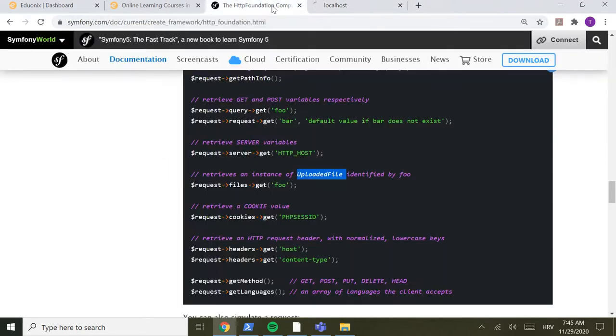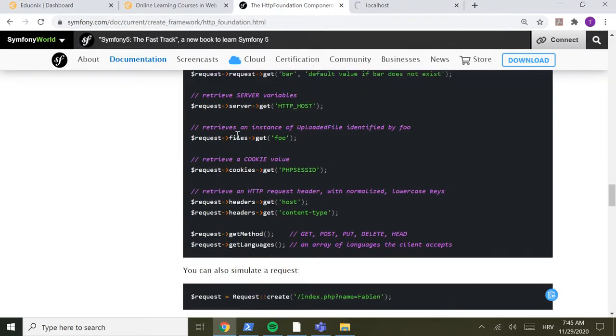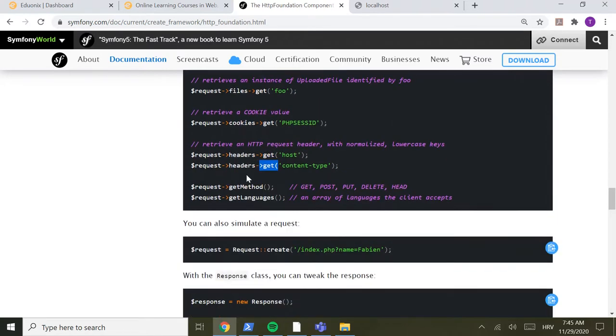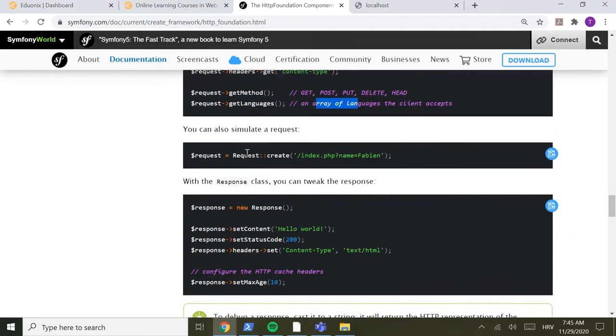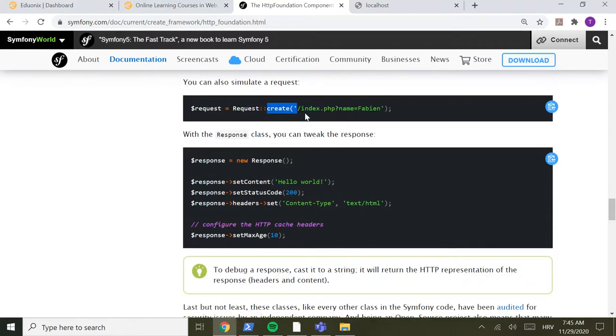So, you get a file with this type of request. You can get cookies. You can get header values like host or content type. You can get the request method, which is amazing. You can get the languages, and you can even create your own request, which is not the use case. You may not really understand what the use case is, but in the future,